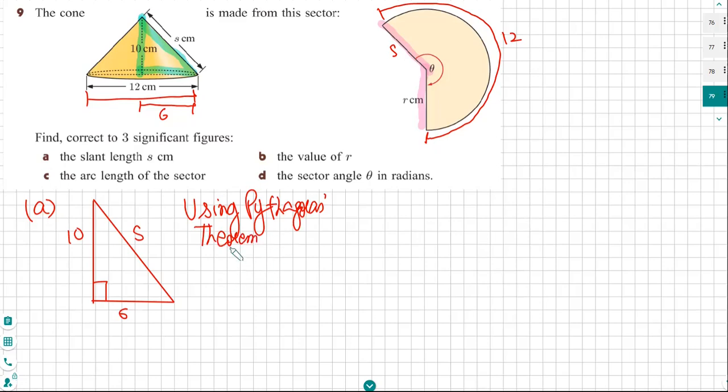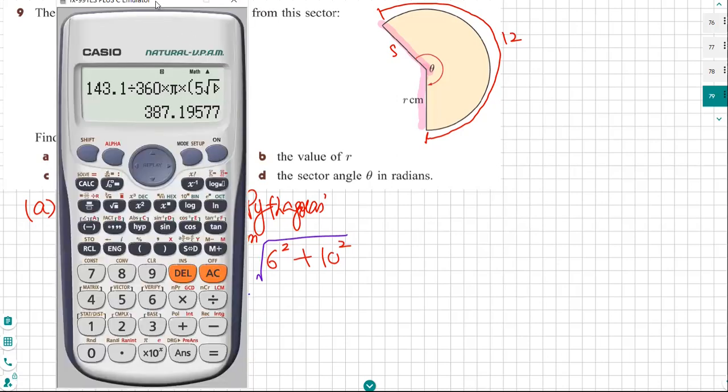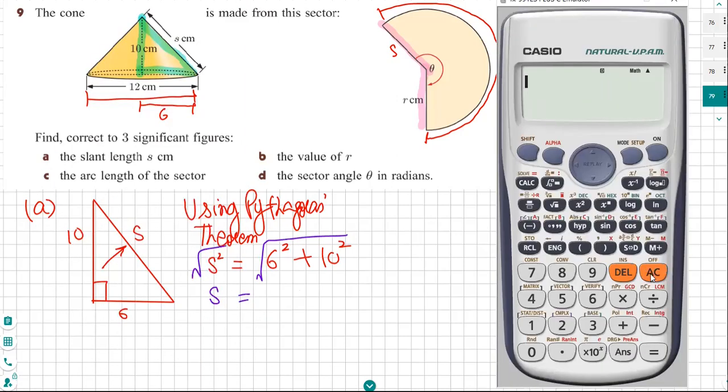Right? So according to the Pythagoras theorem, the hypotenuse squared is equal to the sum of the squares of the other two sides, 6 squared plus 10 squared. So taking the square root of both sides, this will give you the value S. Got it? So S is the square root of 6 squared plus 10 squared,